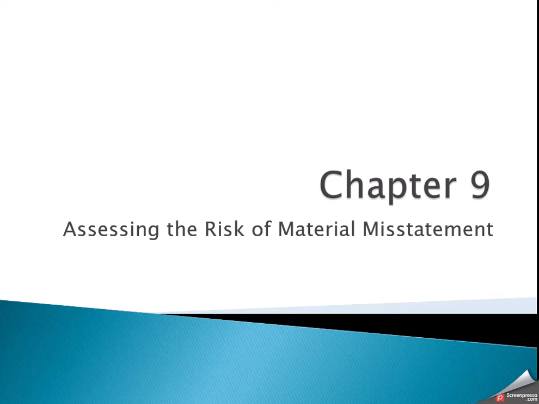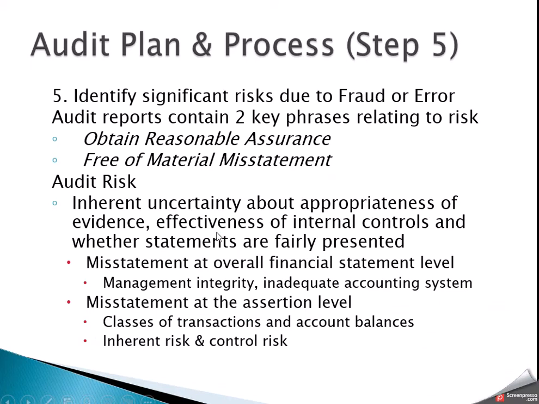We are in stage 5 of the audit cycle, or audit process. We're going to be assessing the risk of material misstatements and then assessing inherent risk. So we identify the risks that could happen due to fraud or just due to human error. And again, our goal always as we think about auditing is these two phrases in italics that we just want